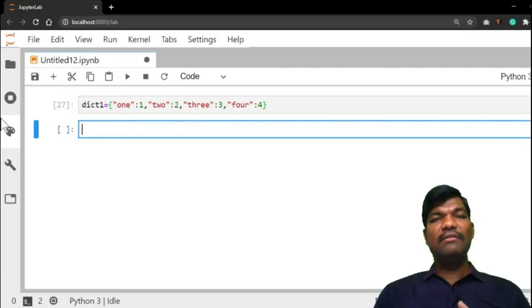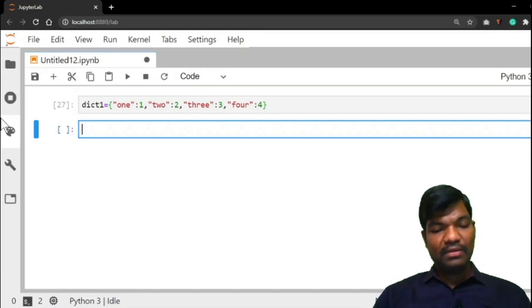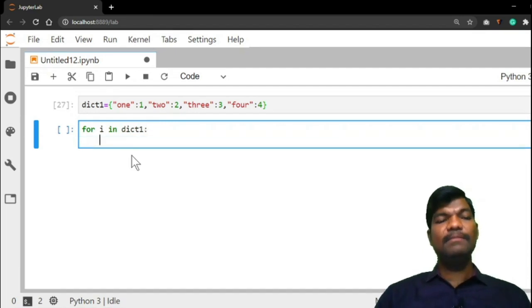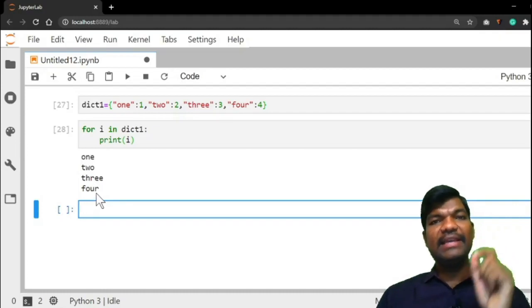Now coming to the for loops. Consider the same dictionary: for i in dict1, colon, print of i. Run it. You will get only keys 1, 2, 3, 4. So it will display only key values.